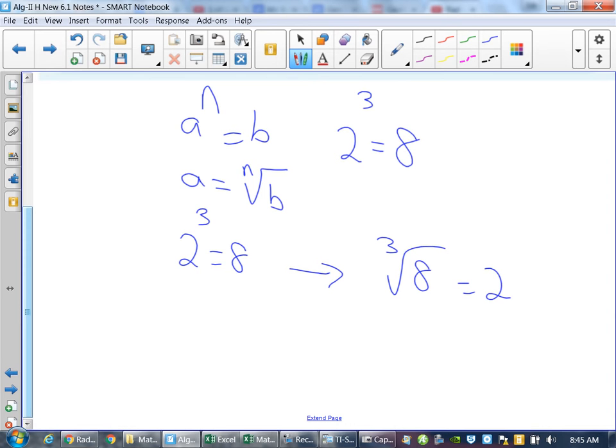When you take an odd nth root, it's just whatever the sign is. If it's an even nth root, it's going to be plus or minus. It's pretty easy to remember. Just think in terms of square roots. Because if you take the square root of 16, it could be plus or minus 4. If I take the cube root of 8, it's only going to be 2, because 2 times 2 times 2 is 8. Or if I want to take the cube root of negative 8,